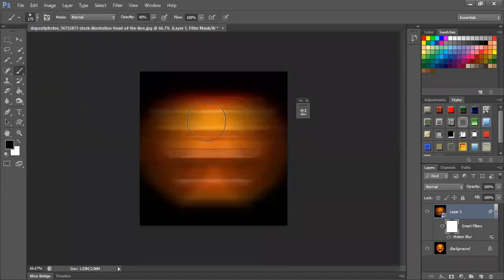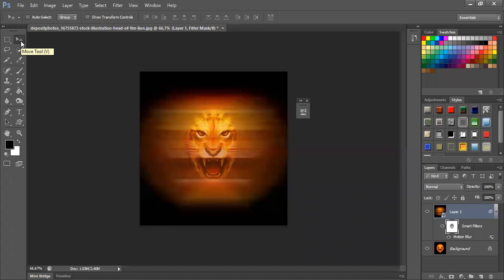Now what I'll do is simply erase a little area of the lion. It's not the complete lion. I'm just erasing slight areas. It's not done to the complete image, which is still like that.